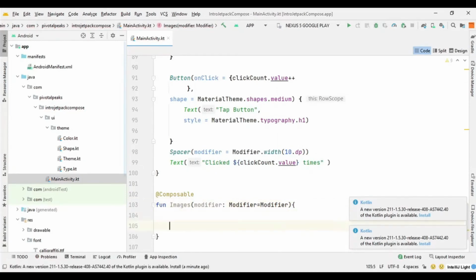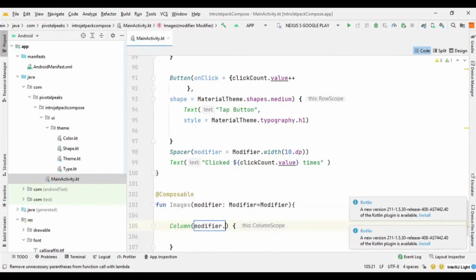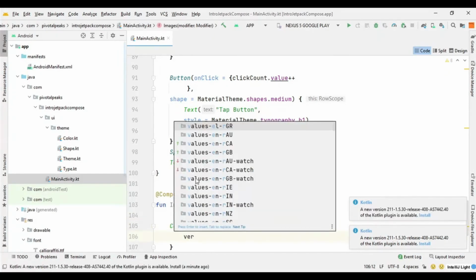inside this we need a column. So Column, and let's say modifier dot fillMaxSize, and let's apply the alignment, vertical and horizontal.